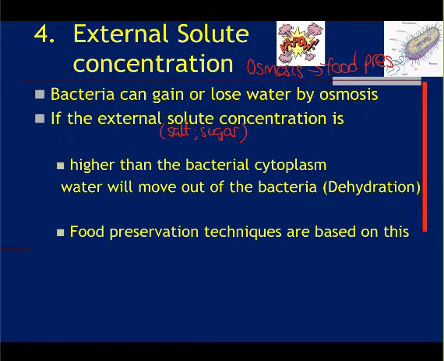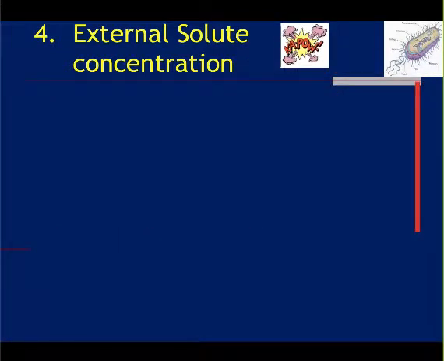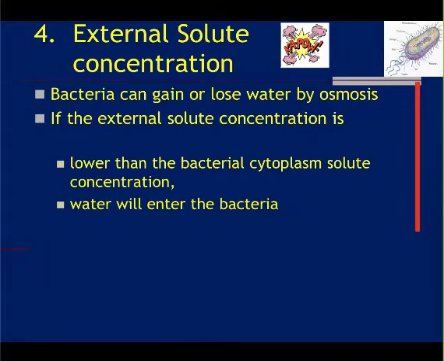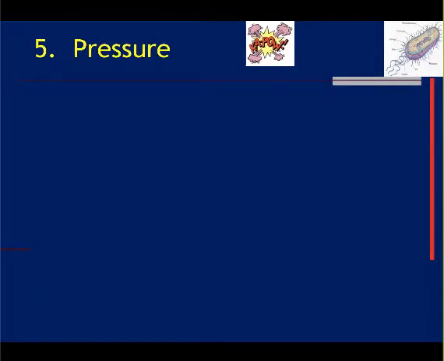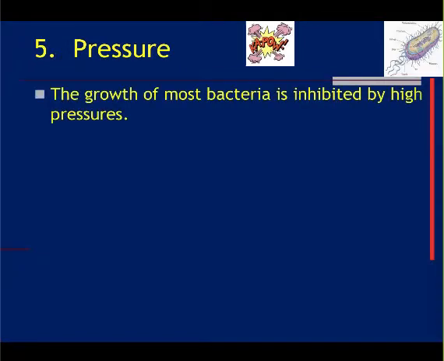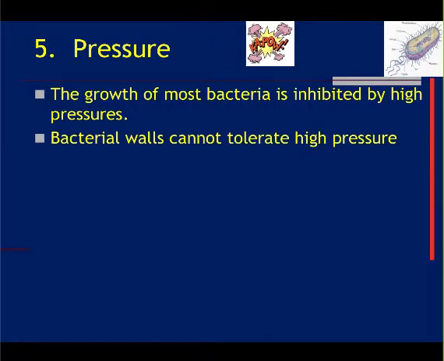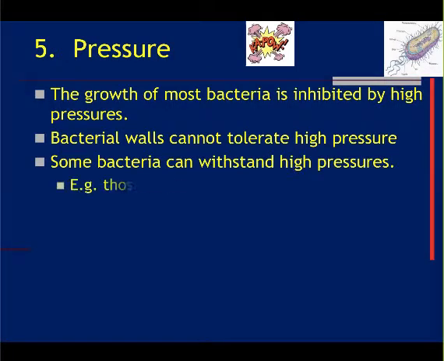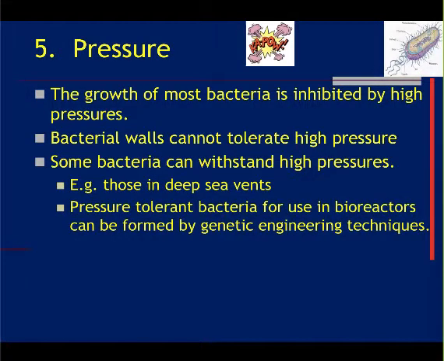Okay, so the last one I think on the list is pressure. Yeah, we're going to leave that out because it's not relevant. Pressure, we're going to say, so most bacteria will be killed by high pressure. Even their walls won't be high enough to tolerate it, but in the deep sea vents, obviously they can. And they will actually use those bacteria and their enzymes in genetic engineering for